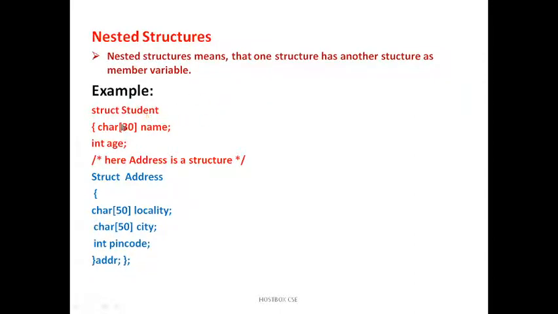For example, in the structure student I am adding additional information like address, because any college needs complete information. So I have the student structure with a character name and int age. Then I additionally add another structure called address, where I put locality, city, pin code and so on. This is a partial example; if you want, you can extend the program. After executing, it can give the locality as Delhi, pin code 63001 and so on, and the city.